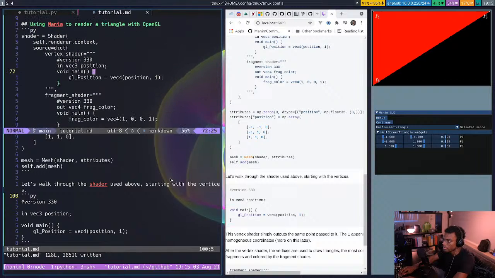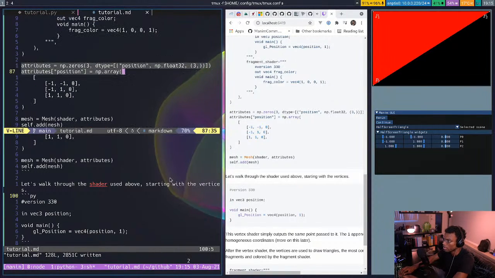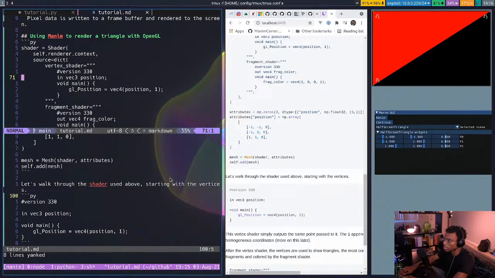Okay, so I start with the vertices. Then right here, actually in the shader,